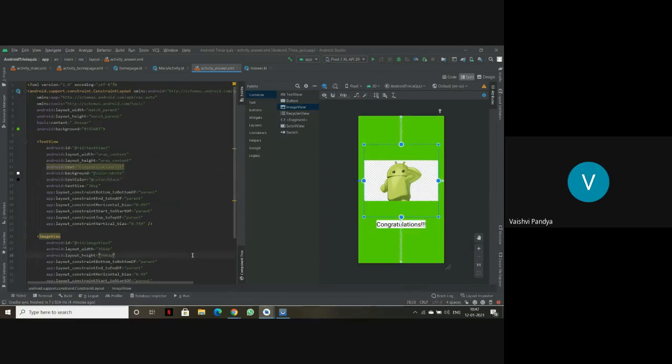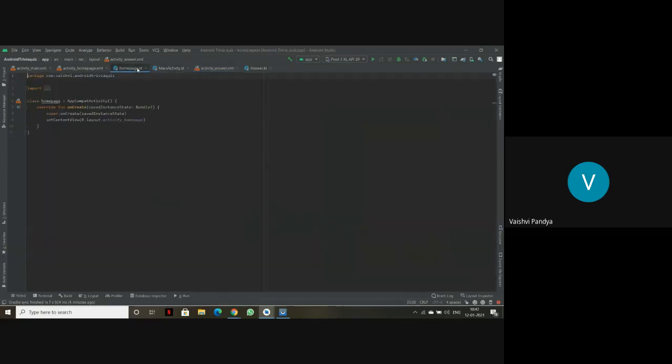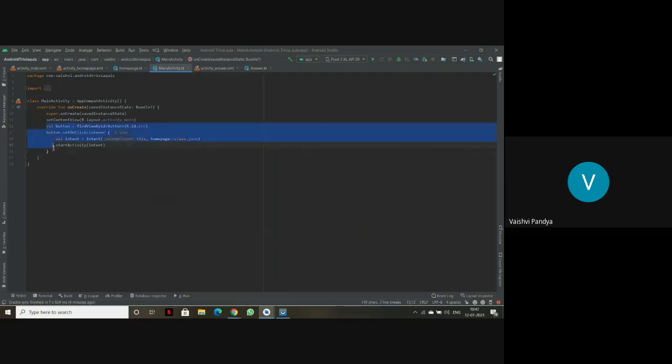Now, as I want the homepage section to go to the answer XML, in the homepage KT, what will we do? We will write the same code again. In the main activity, this is the code. I'll just copy paste it.